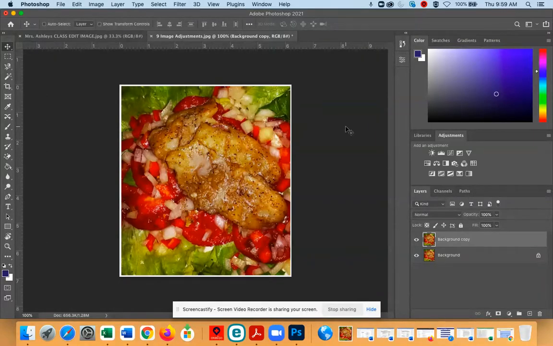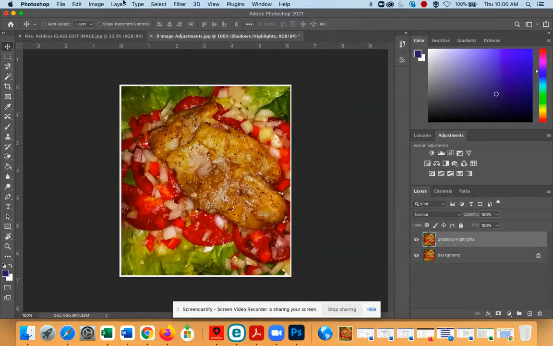Something else that we're going to start introducing to you at this point is renaming your layers, because it gets to the point where you have so many layers that if you don't label them clearly as you go, you're going to get lost in Photoshop, and you'll not be able to edit the way you want to because you can't figure out which layer does which thing. So double click where it says background copy and rename that layer to shadows highlights. So now I know exactly what type of edits are on this layer,